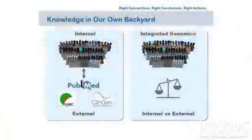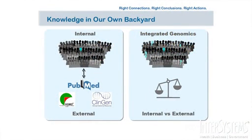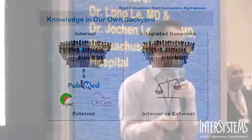So let me explain to you what we do today. When we look at that one patient who has that one mutation that we found by genomics testing, the very first thing that we itch to do is go Google that particular variant and find in the rest of the world how often it has occurred. And then we look in PubMed and other resources as well to see how often we have seen this mutation. Oftentimes, for something that's quite rare, the number is N of 1, N of 2, and at most